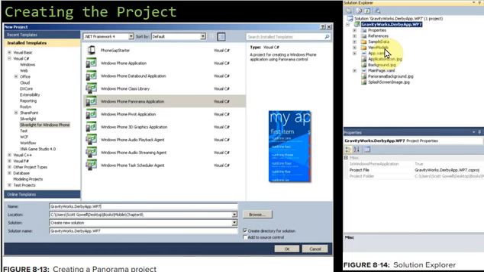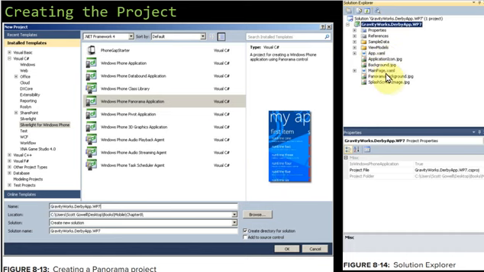Later, if you want, you can remove this from your application when you implement your service communication. Okay, so that is about the Solution Explorer. Now we'll see about the files. You can see here we have a file called app.xaml. This is the entry point for your application.